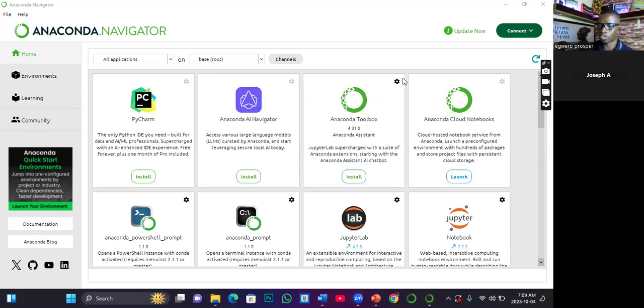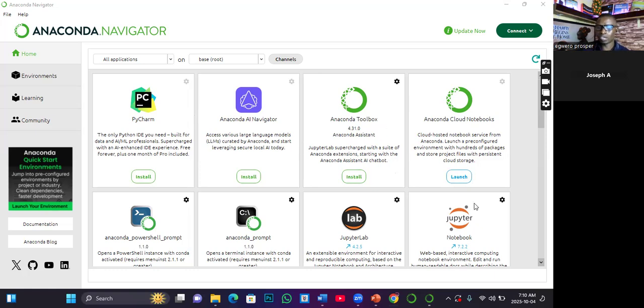Now, remember what brought us here? The reason why we are installing Anaconda is for two reasons. One is to offer us a service. So we are seeing Anaconda as a server that will give us an experience as if we are on the internet, even when we are running it locally. So it comes with a server that hosts all these applications that are within it. All these are different packages, different apps, depending on the reason why you are installing it.